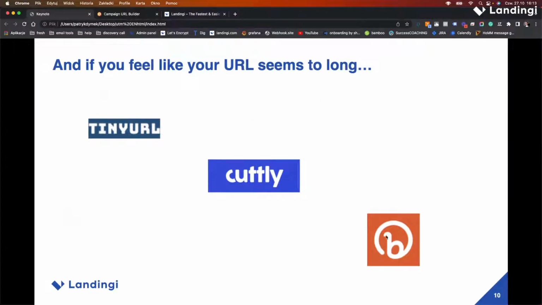Bitly is obviously put in here, but that's a short URL, pretty much a URL shortener. If you type it in your browser, you come up with many search results. Some of them are totally free. Some of them have a certain amount of URL shortening available per month, and then you have to go for Pro or any other paid plan. But the basic idea is still the same.